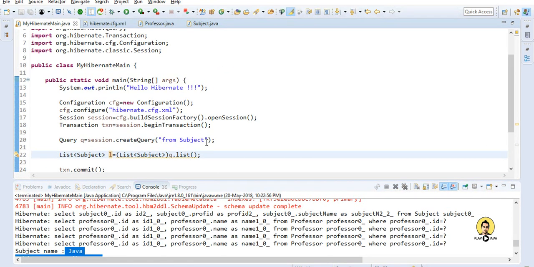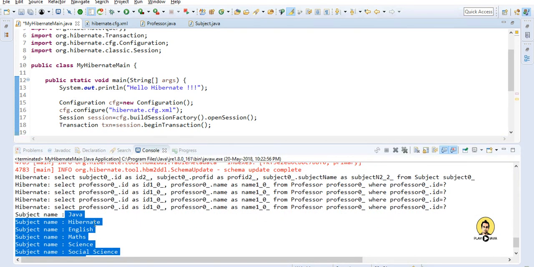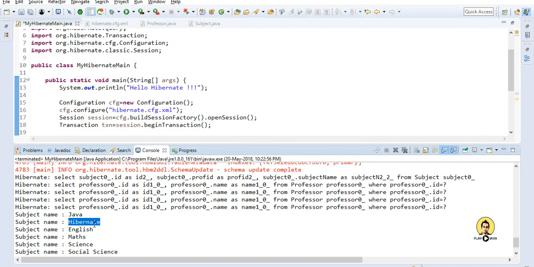One more thing, this is basic HQL, just to select data from subject. We can write some more clauses here, like let's select the subject detail whose name is Hibernate.